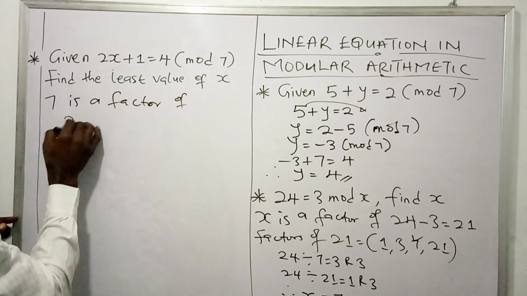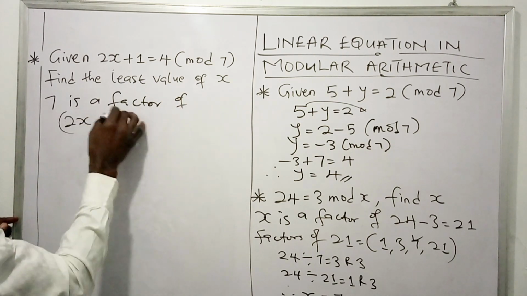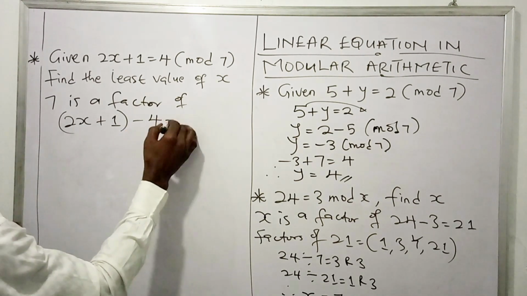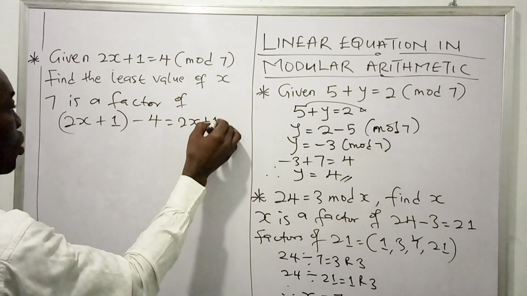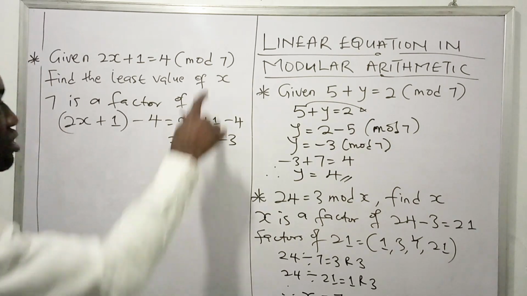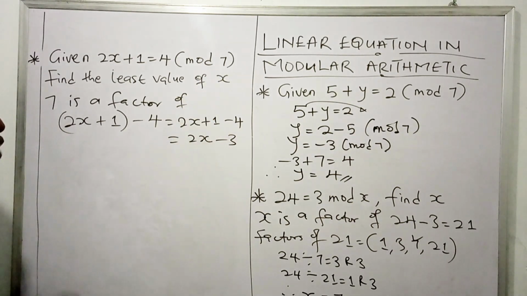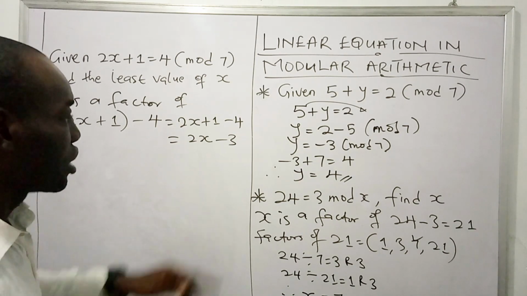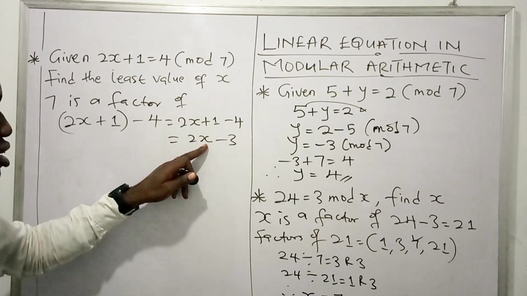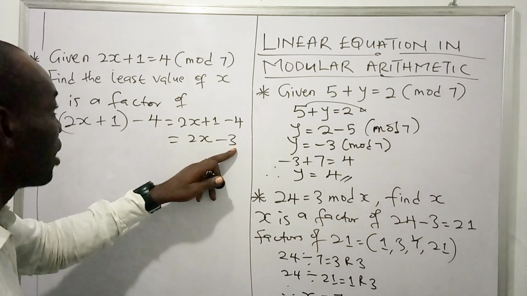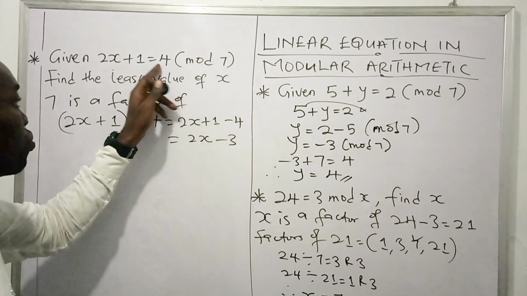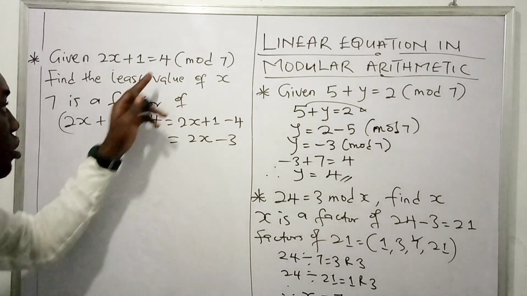of 2x plus 1 minus 4. And when we simplify that, 2x plus 1 minus 4 will give us 2x minus 3. So we're saying that 7 is a factor of this expression. Now, by trial and error, what should be the least value of x here, such that when we simplify that and divide by 7, it will produce the remainder